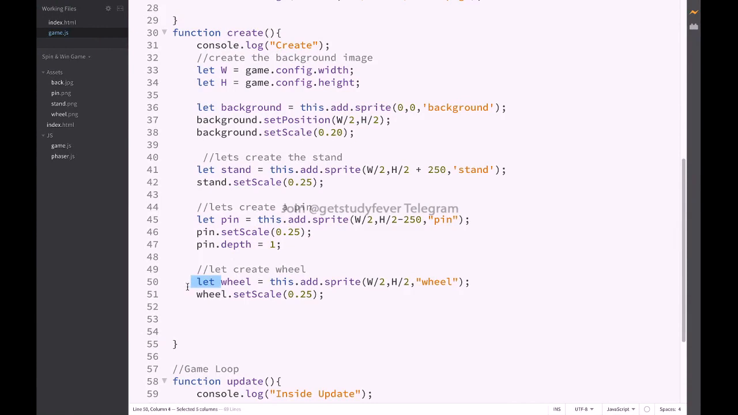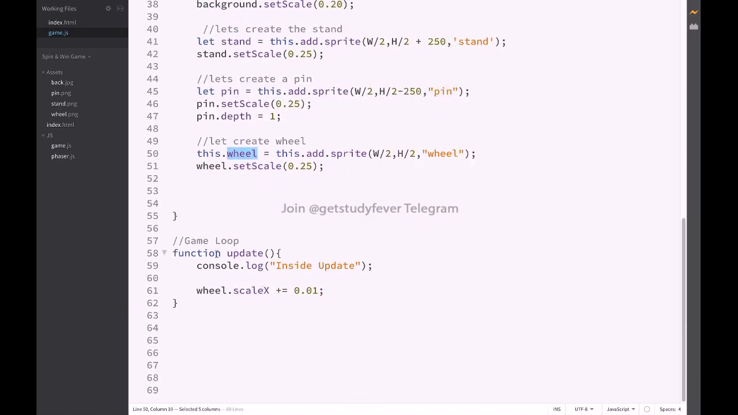So what you need to do is make it part of the scene. Instead of writing let wheel equals this, you can say this dot wheel equals this particular sprite. Now this wheel becomes a property of the scene object, and since update is also